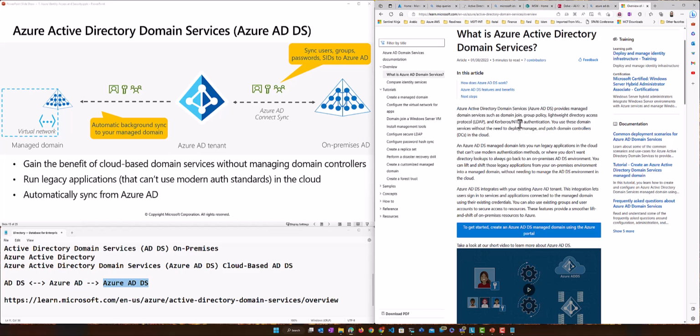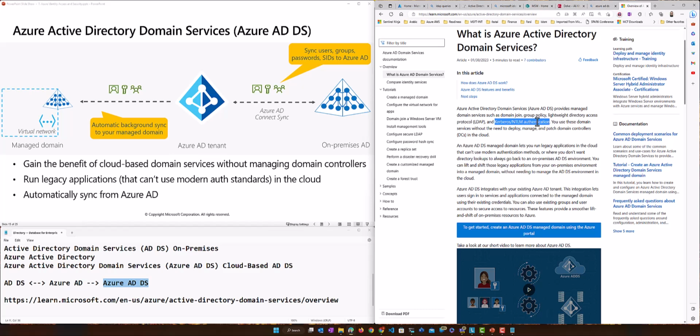The first thing was LDAP. If there are applications that need to talk to a directory with LDAP, you cannot do that with Azure AD. On Azure AD everything happens over the HTTPS protocol, not LDAP. If you need to talk to a directory over LDAP, if you have a system that does that, you must use Azure ADDS. Okay, number 1.